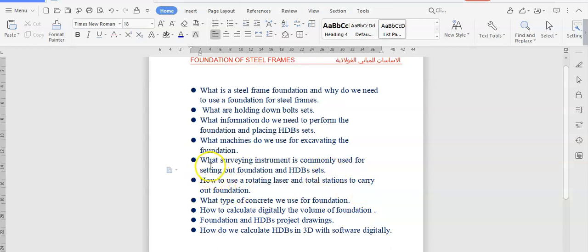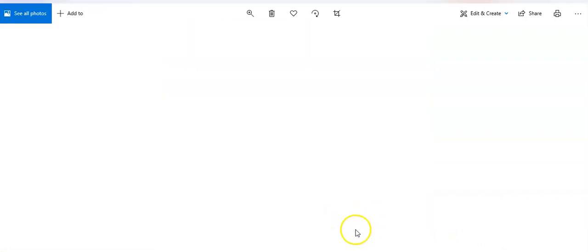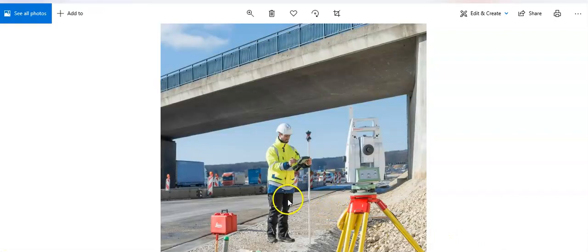What we got left in this list was what surveying instrument is commonly used for setting out foundation and holding down bolt sets. We did discuss earlier on how we set out these foundations and holding down bolts, but we do have a picture now which shows the instrument. There are many instruments available in the market, but this is one of them. It's the robotic. It is being operated by one person, the engineer or the surveyor, who has the monitor there, and you've got the total station itself there. And as I explained to you earlier on,